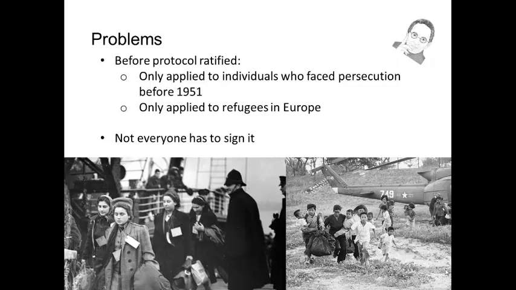Another challenge is that not all states have to sign it. Therefore, states that haven't signed don't have any obligations towards the treaty and do not need to recognise refugees who may be seeking protection. The decision not to ratify the convention is largely due to its binding nature. This means that the sovereignty of the state is undermined, as the convention rules might not necessarily be in the interests of the state, yet the state is obliged to live by the conditions as defined in the convention.